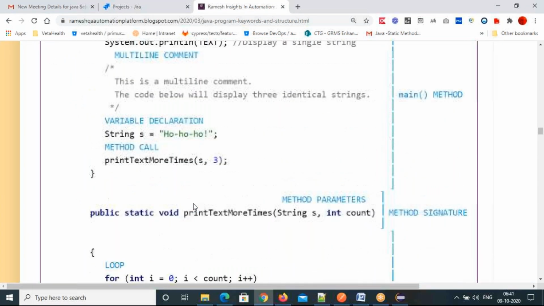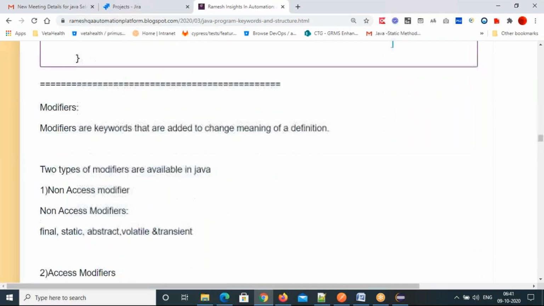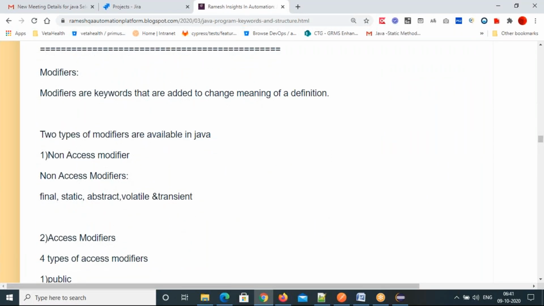Ram, this one question. When you say main method, we have two methods, right? Main method and pi method. If you scroll up, you're saying that pi method should be executed under main method.